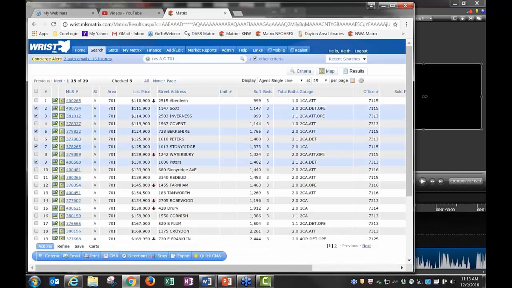Now, there's actually 2 ways to email. If you don't know this, there's 2 ways to email. So you can select those listings, and under action, you can hit email, which emails those listings to your clients in the portal view. But if you don't want to email those listings to your client in the client's portal, you can actually email it to them by using the print button. I don't know if you know that or not. So under the print button,